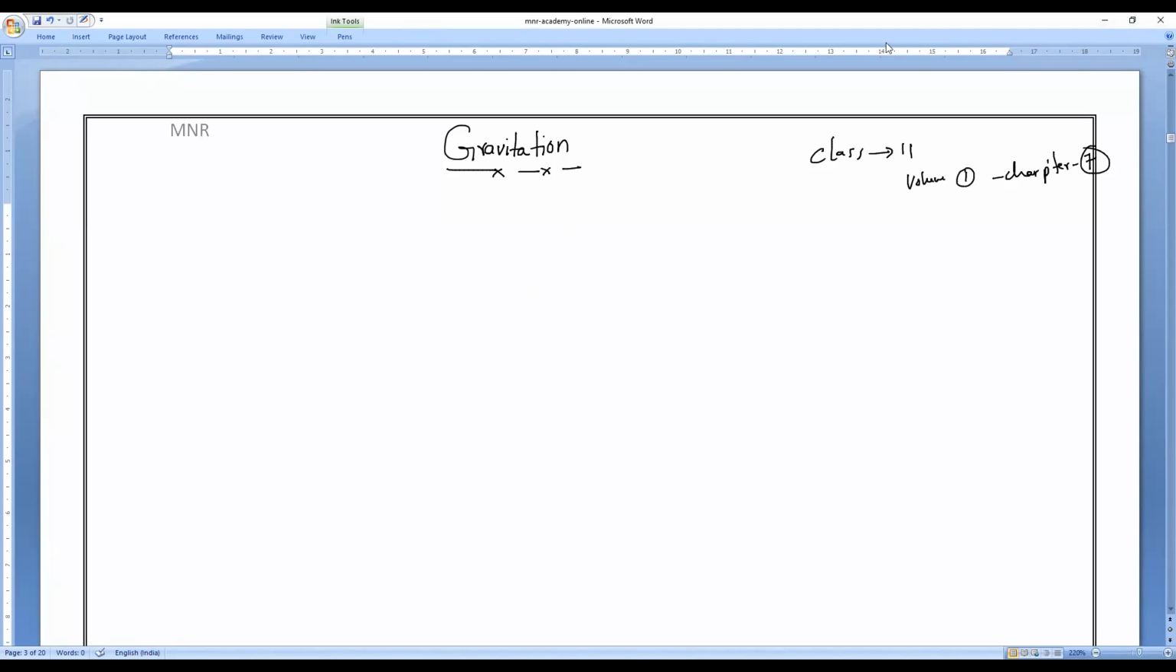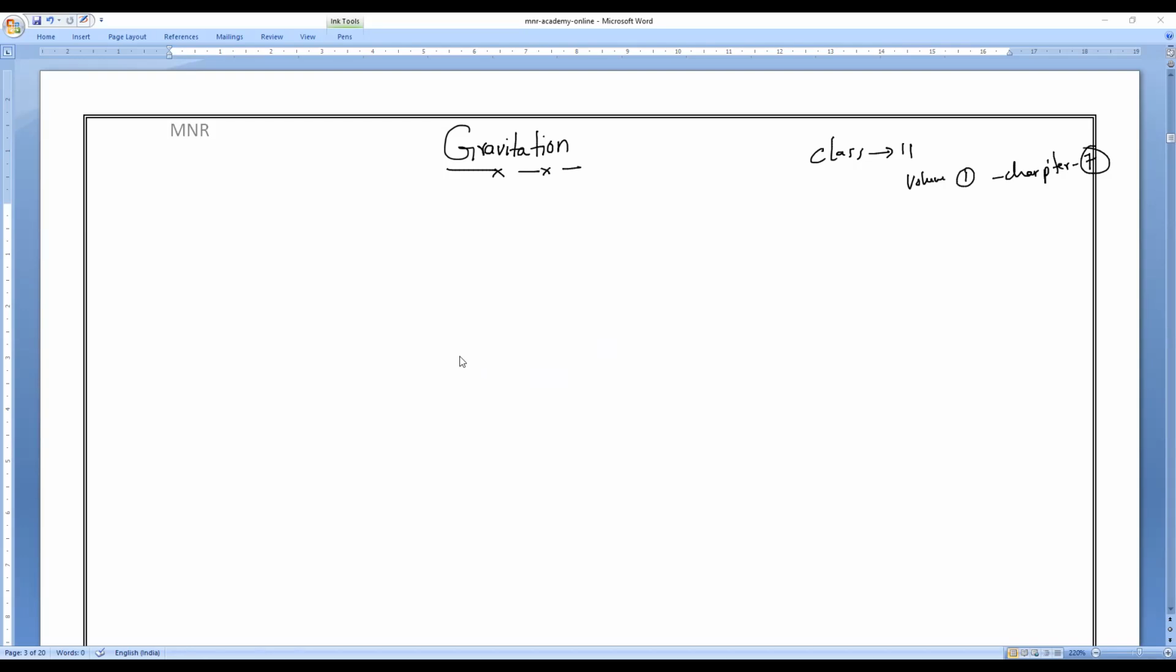Because it is related to our life, as we are living on the earth, we need to know the importance of the gravitation concept, how it is exerted by the earth, and how we are able to survive here. We need to know everything. Before beginning this chapter, you should remember that in this chapter, the main thing we are going to study is